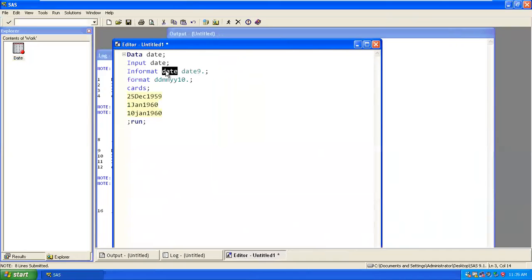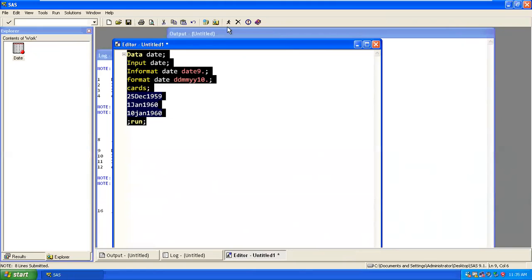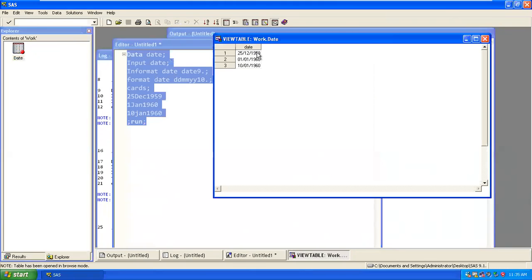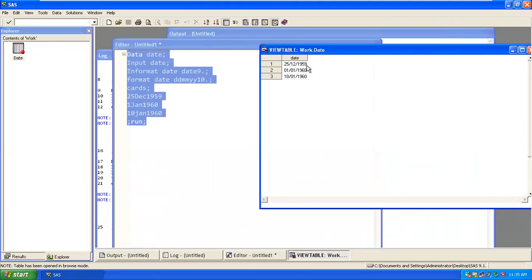I need to apply it for a date only. So I'll write it over here and execute it again. If you go ahead and look at the date, it now shows 1 January 1960, 10 January 1960, and this is 25 December 1959.